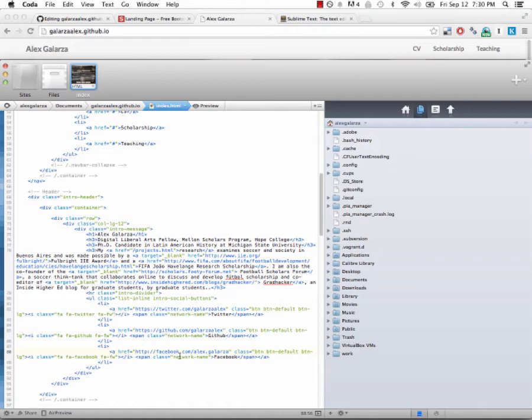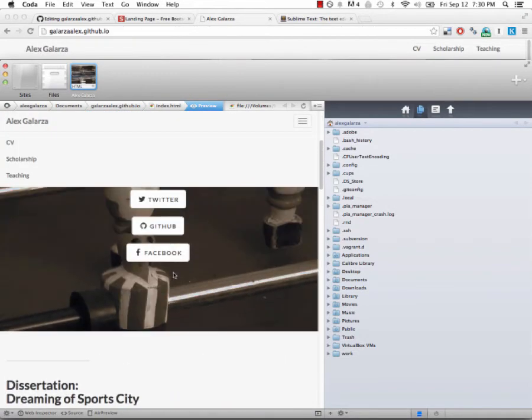If you want to link to your Facebook, you can do something like change the title of the button itself here. You see Twitter, GitHub, and Facebook are the three buttons that display here, this text, and then you have little icons next to them. So I've changed the text within this button to read Facebook and the icon to one that's a Facebook icon. And I did that